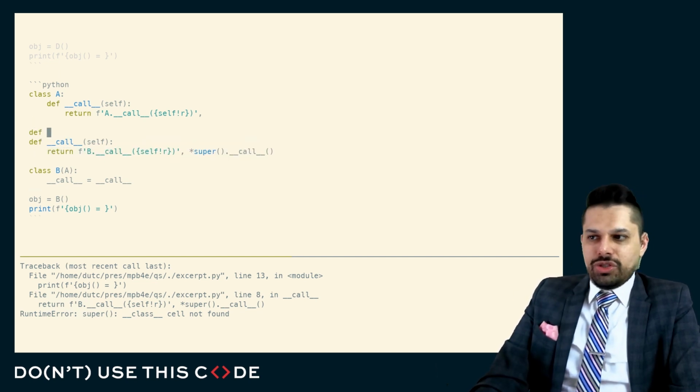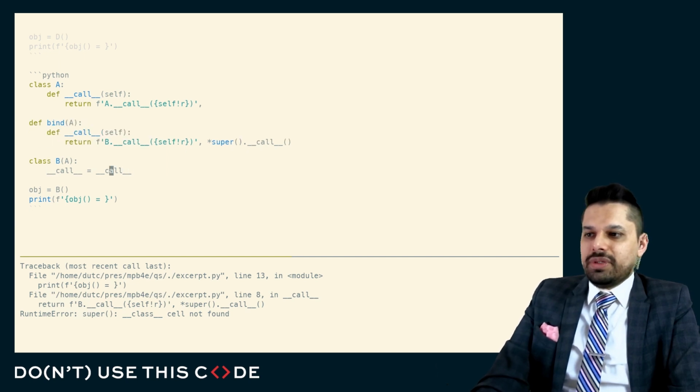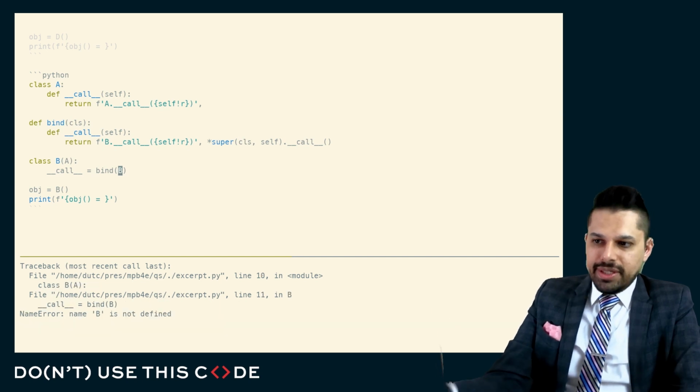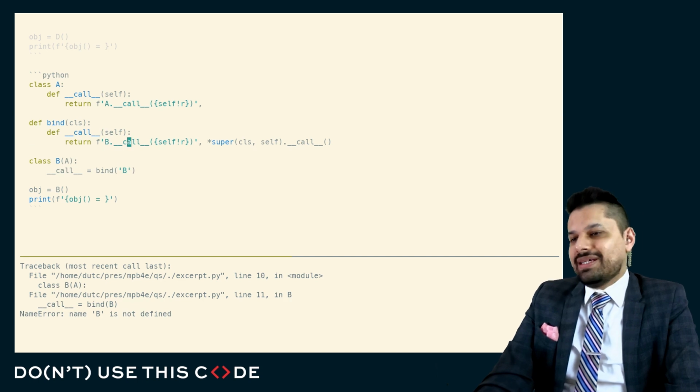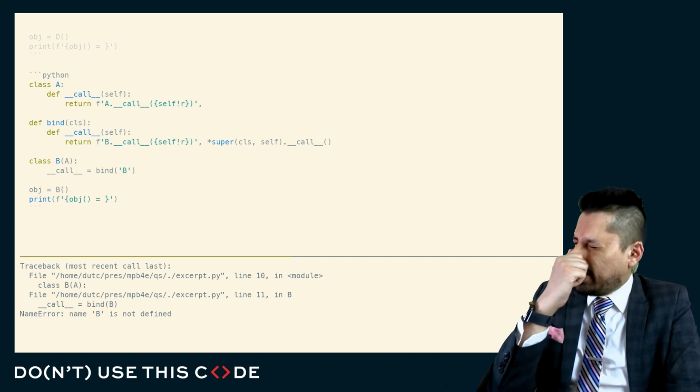Of course, the other solution here is you do some kind of binding here. So you do like this, and then you make this bind of A, and then you call this with the class and the instance. So really not that hard to worry about. If you really wanted to worry about it, you could do something like that, except this needs to be after this run. So you'd have